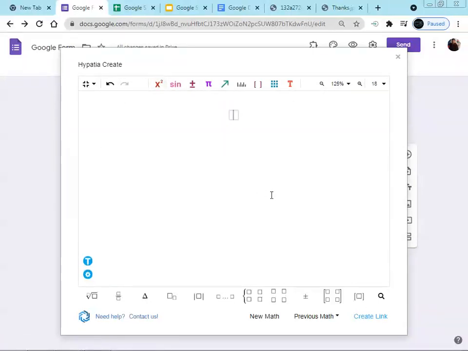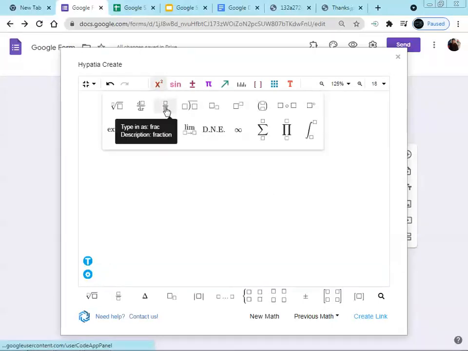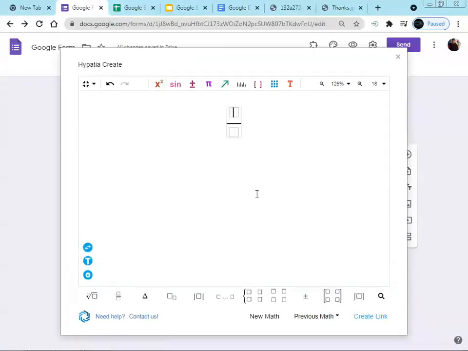Hypatia Create is used to create an image type formula, and this will create one formula at a time. So we will see the numerator and denominator formula, just like x, and here we will put y, x over y.